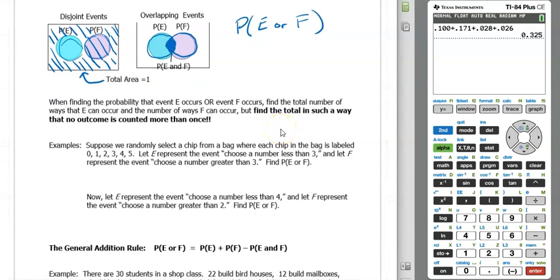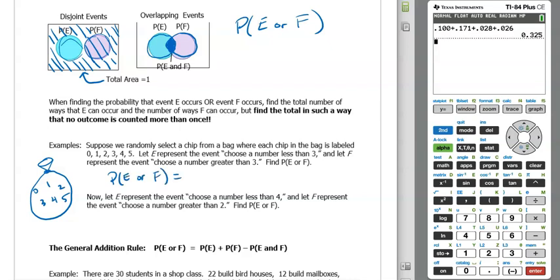We want to try this example just by our own intuition, trying to figure this one out. Suppose you've got a bag of chips, not potato chips, but more like gambling chips, I guess, that are numbered 0, 1, 2, 3, 4, and 5. And then event E is going to be the event that you choose a number less than 3 whenever you draw a chip out of this bag. And F is going to be the event choose a number that's greater than 3. So the probability of E or F,